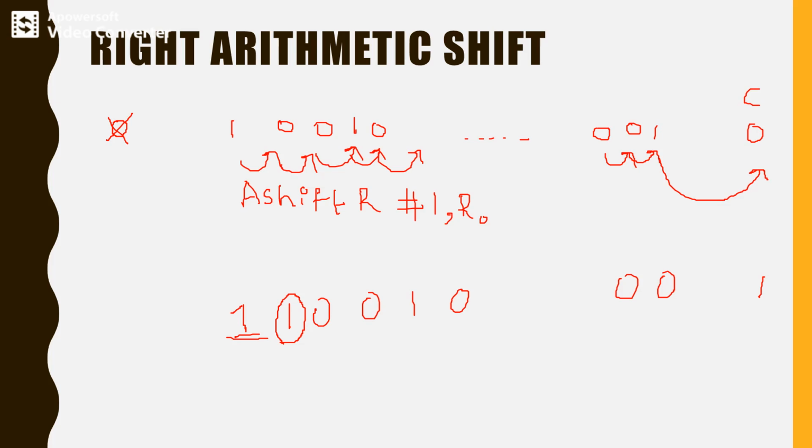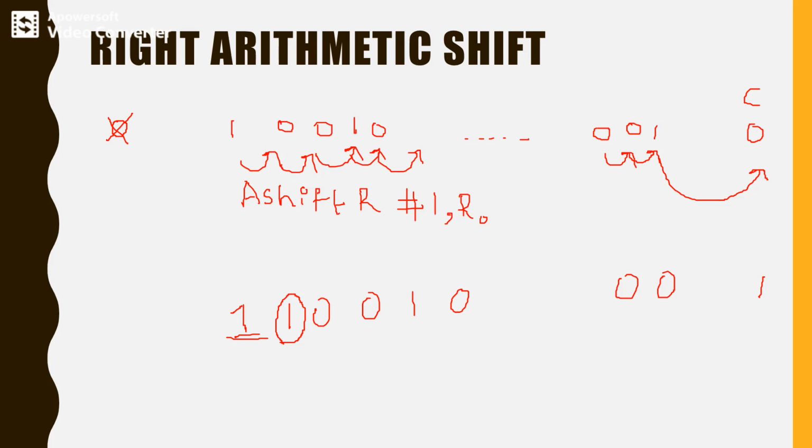So I appended one extra 1 to the vacant location. In the case of arithmetic shift, after performing arithmetic shift left or right, check the value of the MSB bit and append the same value. That means append the vacant location with the value of the MSB bit. But in the case of logical shift right or left, irrespective of the value of the MSB bit, we append additional zeros. If you are shifting twice, we append 2 extra 0s in the vacant locations. If you are shifting once, we append one extra 0 in the vacant location.